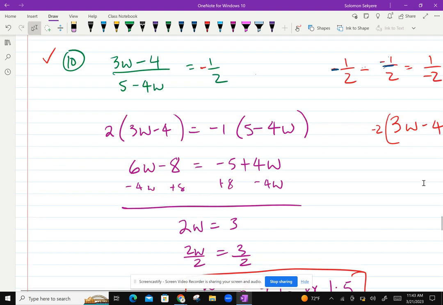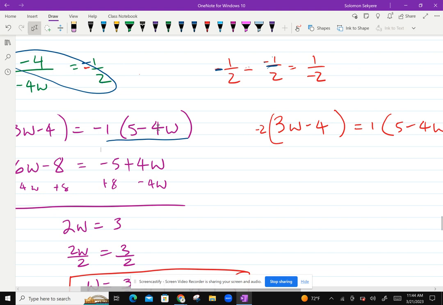So we're going to cross multiply, so we can say the negative is on the top, so we can say 2 times, like our butterfly, 2 times that is equal to the negative 1 times that, right? We also said it's the same as the negative on the bottom. If you put the negative at the bottom, it will be negative 2. The negative 2 times 3w minus 4 is equal to